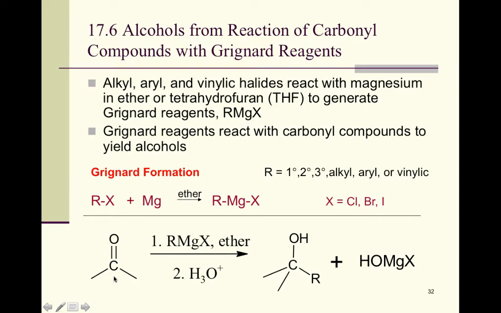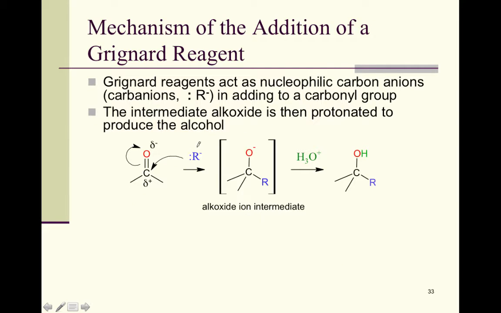Our carbonyl compound is going to get more carbons on it from the Grignard. It's the R group in your Grignard that's going to be attached to this carbonyl compound, and the carbonyl oxygen is going to be converted to an alcohol. So how this happens is the R group that's in the Grignard reagent is a carbanion with a negative charge. It's going to be attracted to the polar carbon that is slightly positively charged. The pair of electrons that was part of the carbonyl double bond will be given to the oxygen,